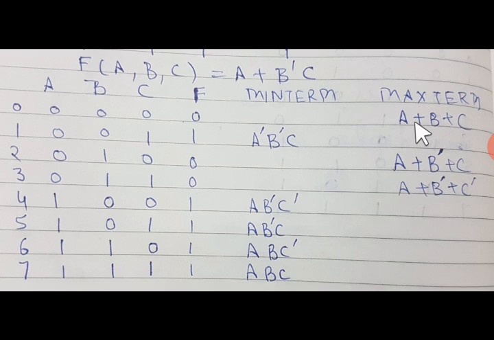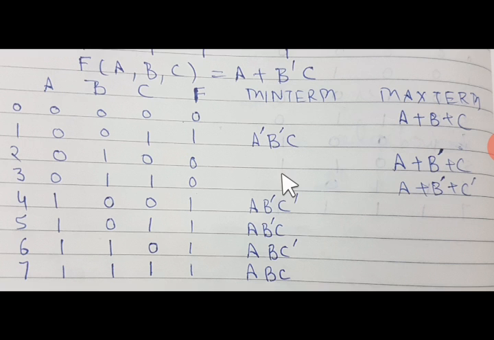Students, max terms, the concept is, it says it's a sum. Second thing, of all the Boolean variables in the given logic system. So A, B, C are there, all the 3 variables you can see here. And here we complement once. What do we complement? Only once. Why? I will discuss later. So just observe here. First row where the output is 0. It is written A plus B plus C, because no 1 was there.